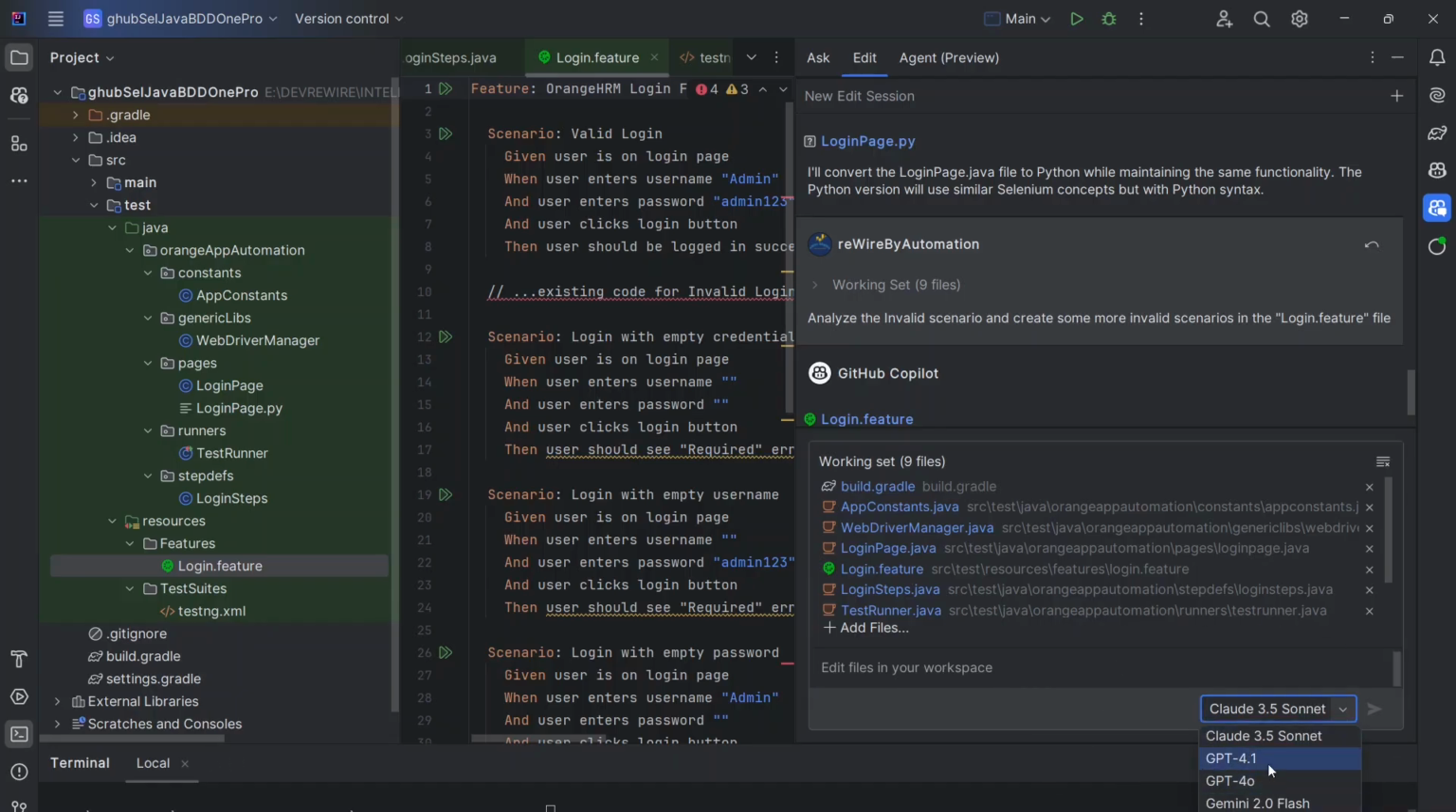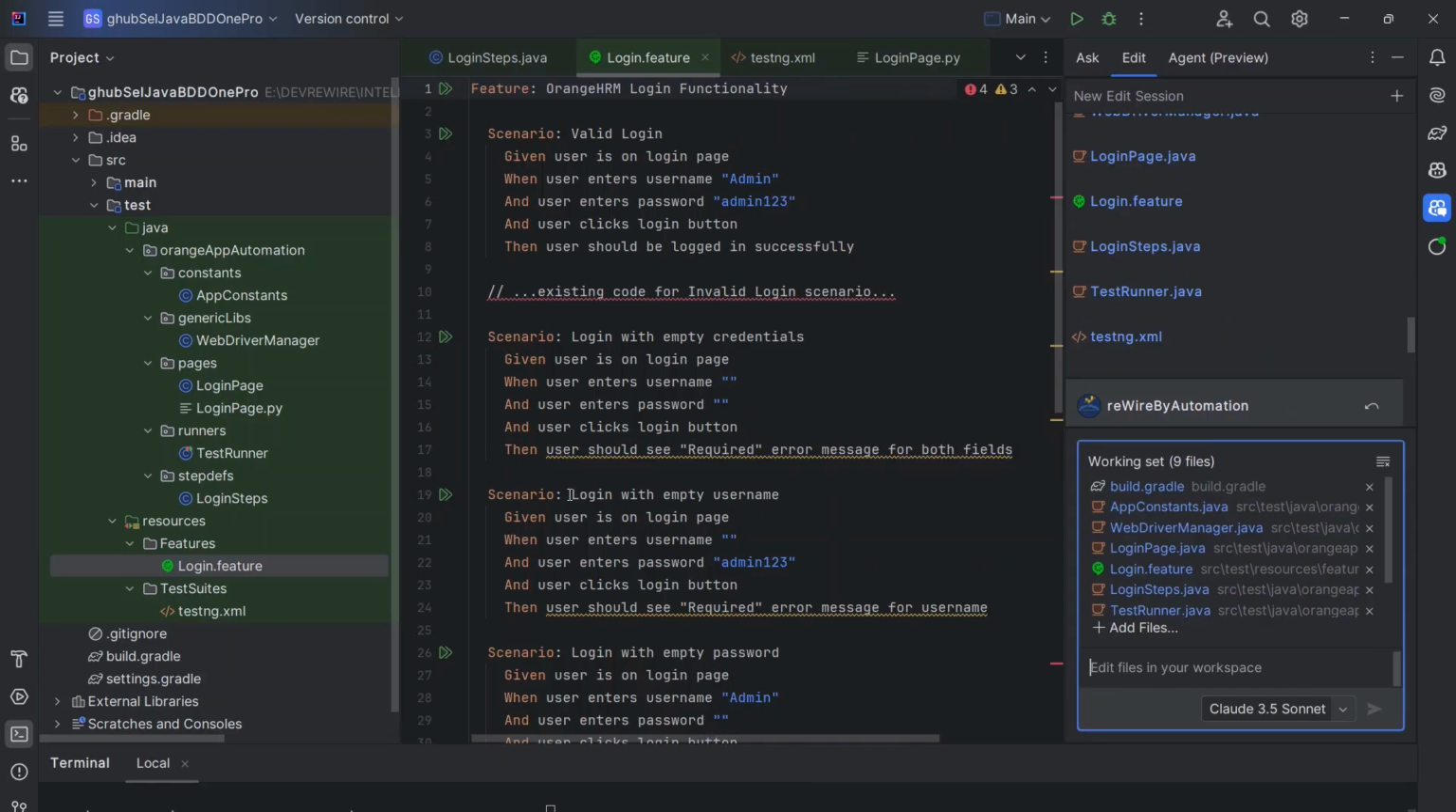My recommendation is always go with GPT 4.1, and then you can play around. Once you're comfortable with this particular assistant, you can switch to other models and see how it is generating. But always it will generate the older dependencies only, because it is trained on the previous